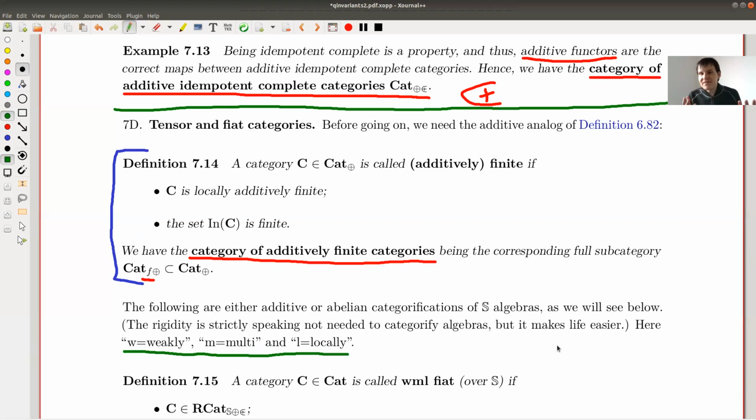The reason you need this is, again, in category theory and in algebra, you basically have counterexamples around any corner. So you have to extremely carefully write down what you want. You want to make it as general as possible, but there are counterexamples around any corner. So you end up with zillions of different versions of basically the same idea. You have something locally finite, you have something finite, you have something weak, you have something strong, you have something pseudo, whatever. It's always the same idea. But you need to make those distinctions because not all theorems work in all setups.